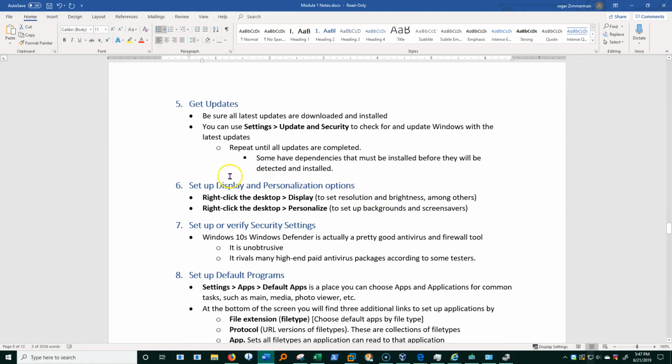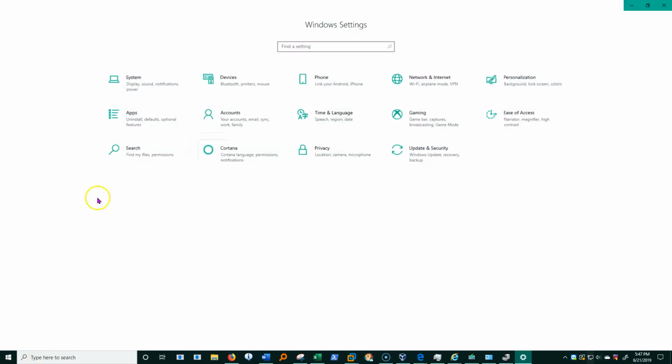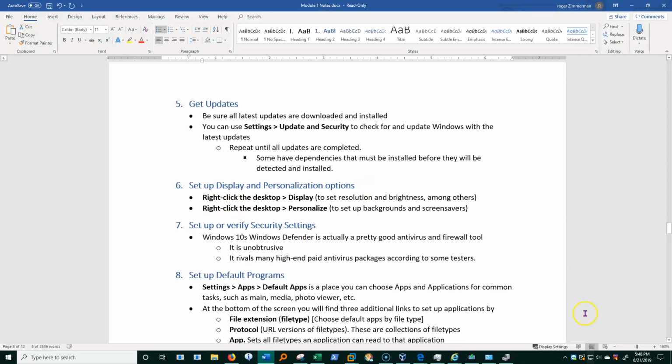Also, you might want to set up some display and personalization options. If I click here in Start, and then the apps, I'm going to go to System and Display, and here I have several display settings, but there are two really nice ways to get to it. If I just right-click on the desktop and choose Display or Personalize, I can set all of those settings.